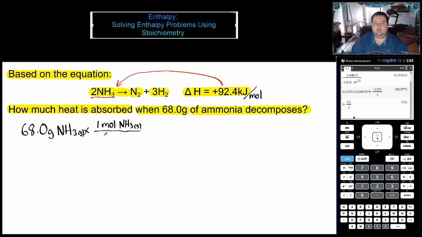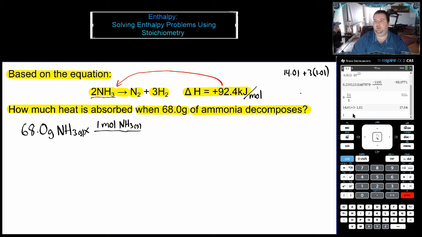Okay. And what's the molar mass of NH3? Well, I'm going to need my periodic table for that. Let's see. So nitrogen weighs 14.01. And then we have 3 hydrogens, each of which weigh 1.01. So what is that? Let's go to our calculator. So we have 14.01 plus 3 times 1.01. Okay, 17.04. So 17.04 grams